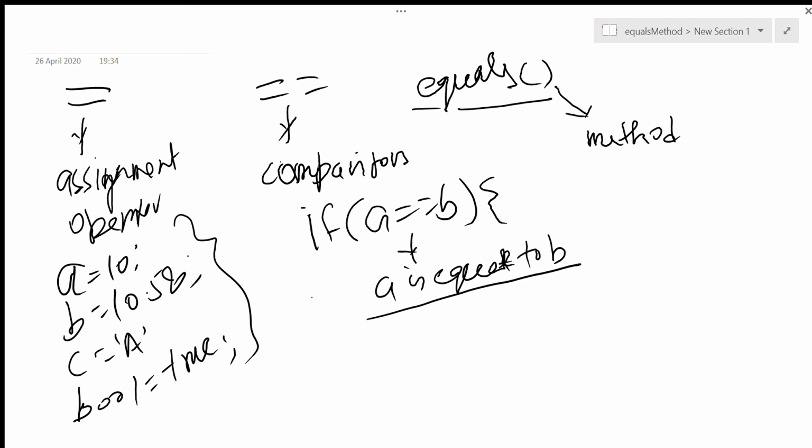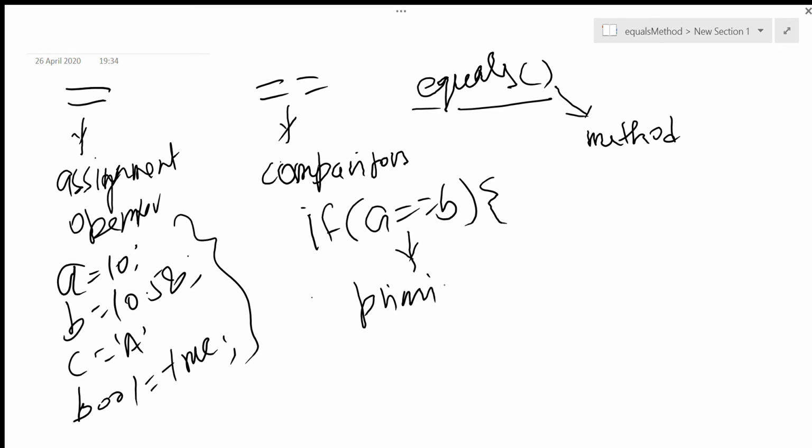So this is used for how many types? That is very important. All primitive types. So 8 types: 4 integers, 2 floating point types, character and boolean. That's about the 8 types it can be used for.